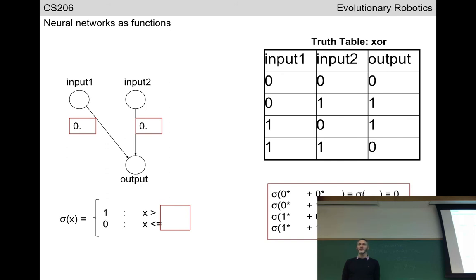This is actually a trick question. Why is it a trick question? You can't do it. There is no setting. If we stick to the real numbers for weights and activation functions, there's no triplet of real numbers that will